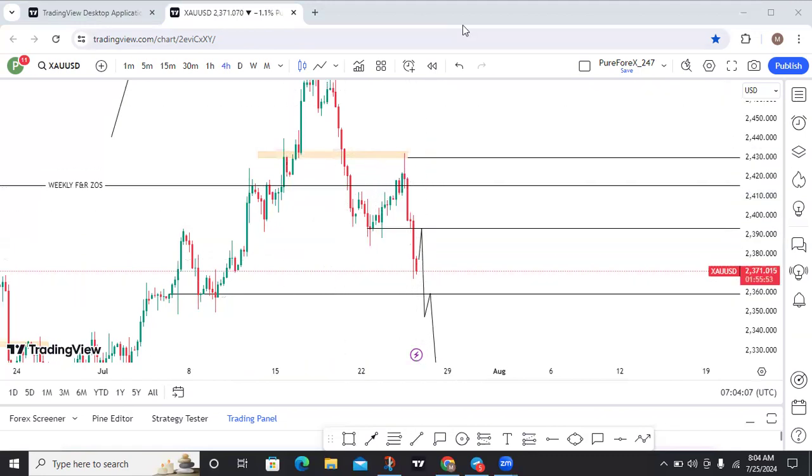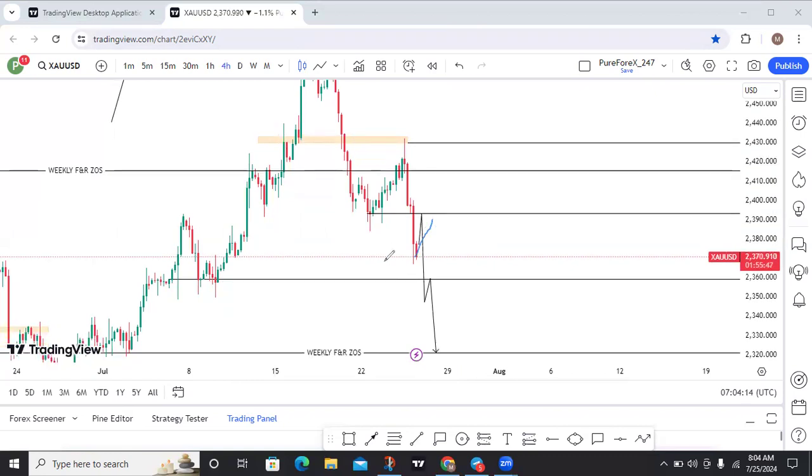Now, if somebody is trying to buy here, if you buy here, they will take your money. If you buy here, they will take your money. Why? Because there is no track and trace that is enough to push this retracement. And if this retracement is going to happen, it may happen on its own. I'm not going to do anything. The only way I can buy the retracement is when the market comes into this zone here.